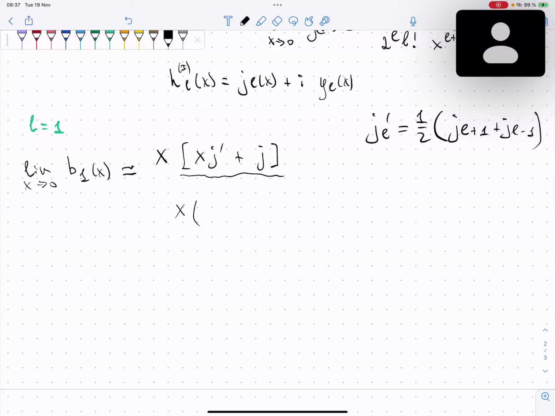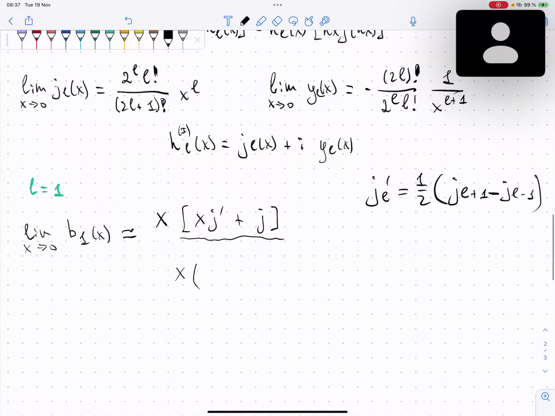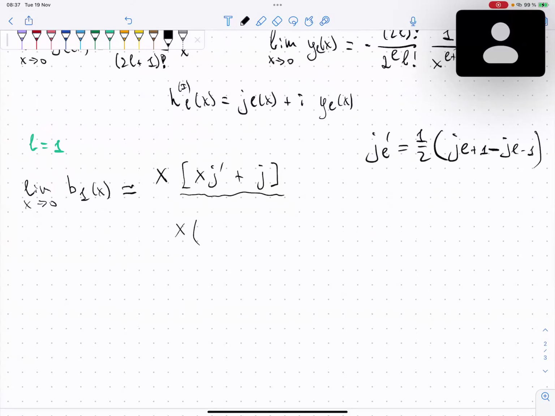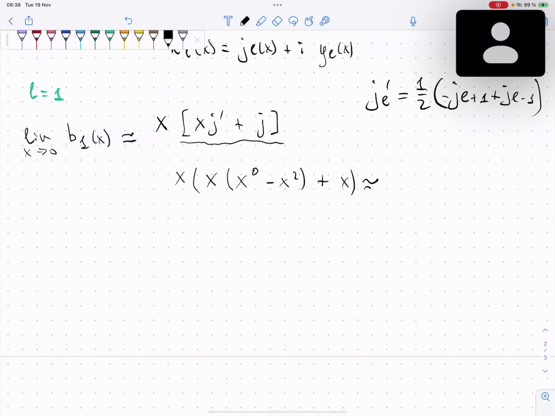Okay, it seems that this is just a minus here. So this guy will be like x multiplied by x, no, the minus here, multiplied by x^0 minus x squared and plus x. So approximately, we can write this as